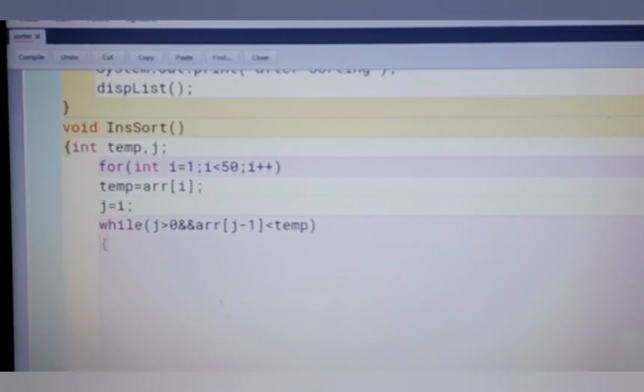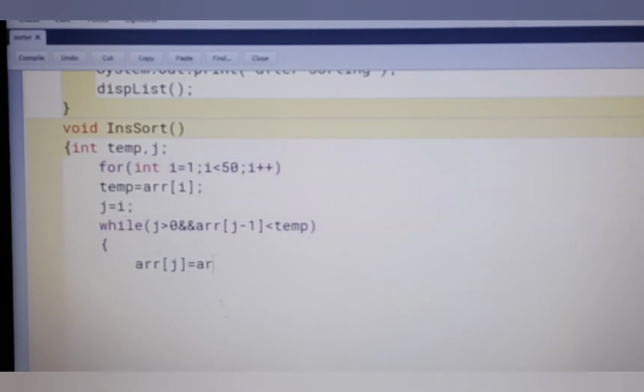If this condition is true, then control comes inside the loop, and array of j is equal to array of j minus 1. And the j value is decreased by 1, j minus 1, or you can write j minus minus.